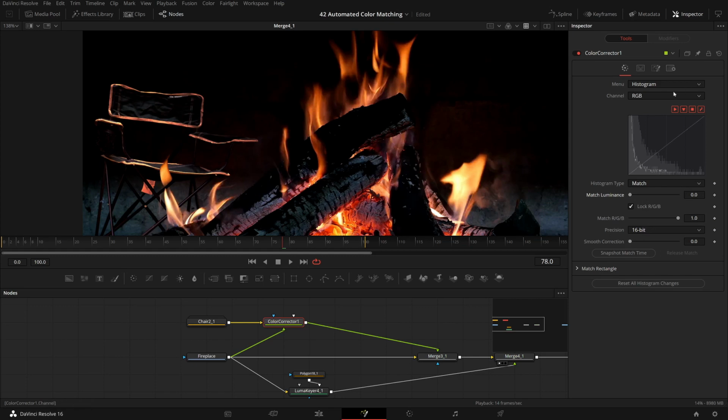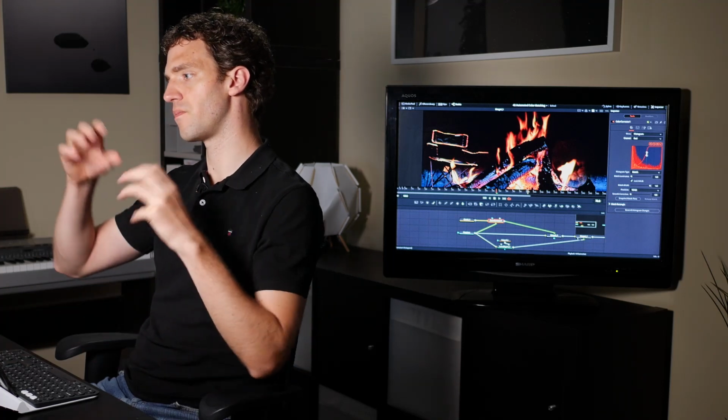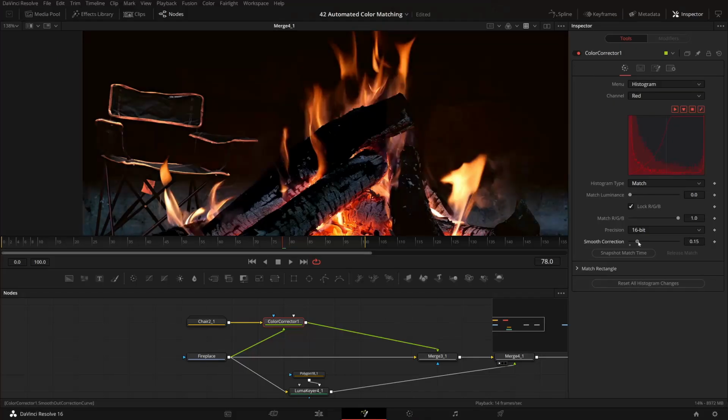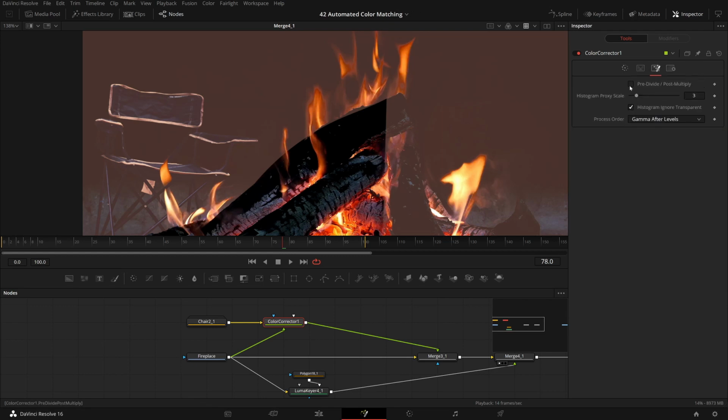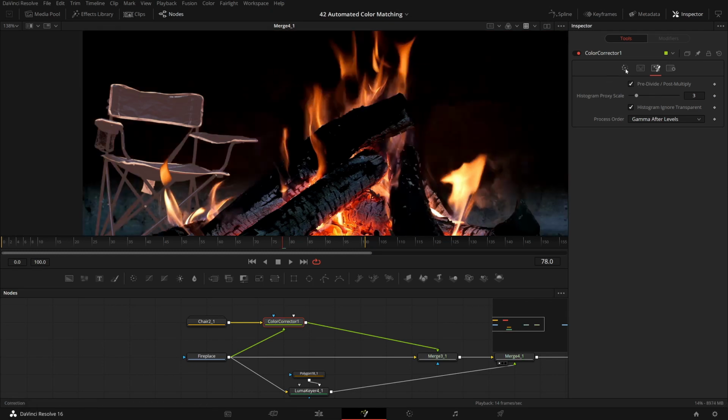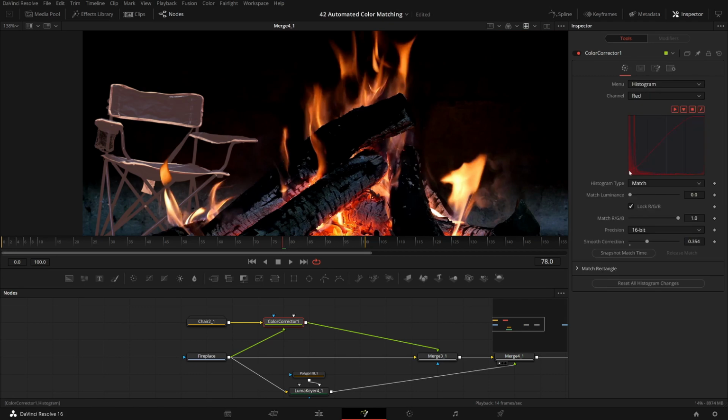There's a smooth correction here, and that means that it's trying to smooth out the output histogram. So sometimes, due to the curves, it's possible that you're getting too harsh results, and if you smooth this out, you see it's trying to smooth this curve and smooth the histogram, and now you see some effect everywhere because I'm no longer at 0. I should definitely click pre-divide, post-multiply. I should always do that if I have an alpha channel, but before it didn't really come into the picture. Now it's coming into the picture because it's lifting the black values up.